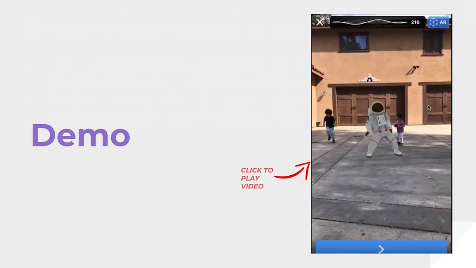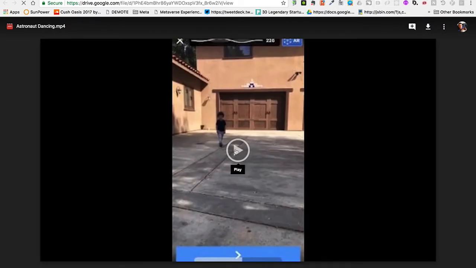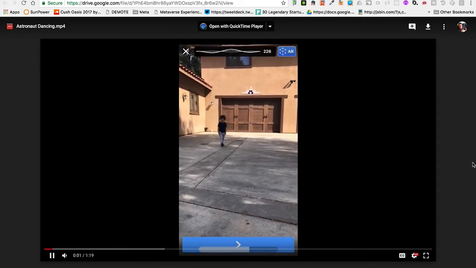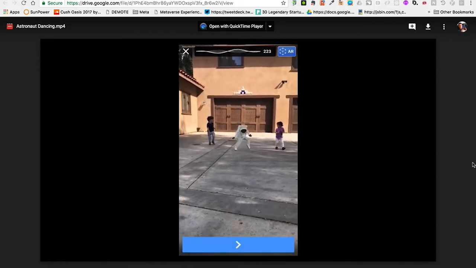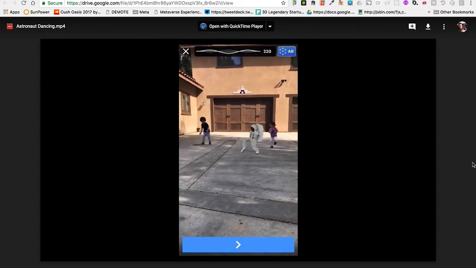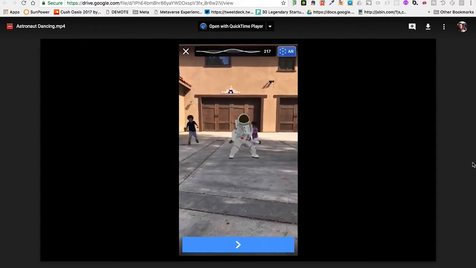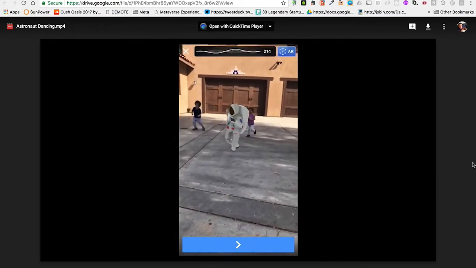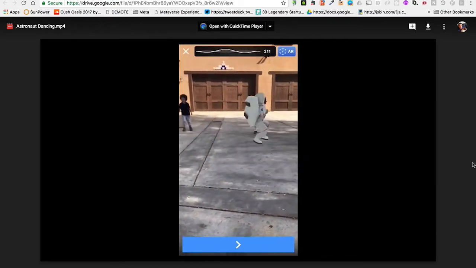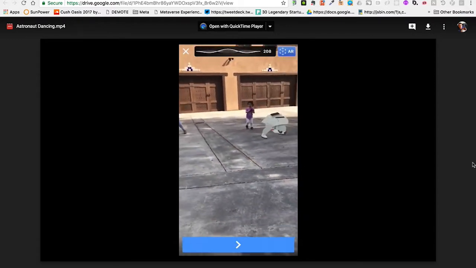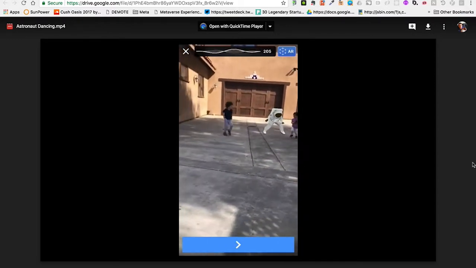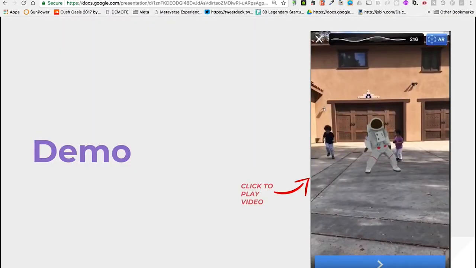And so let's jump in and I'll give you a demo of it, but first let me play this cute little video I took of my kids dancing with an AR astronaut. I'll quickly play a portion of this. So the kids are real, the astronaut is not. This astronaut is just a 3D object that was created in a Google product called Google Poly, and then animated and put into Metaverse, and then can be rendered in this way. Okay, so let's go ahead and create something like that and even a little more.